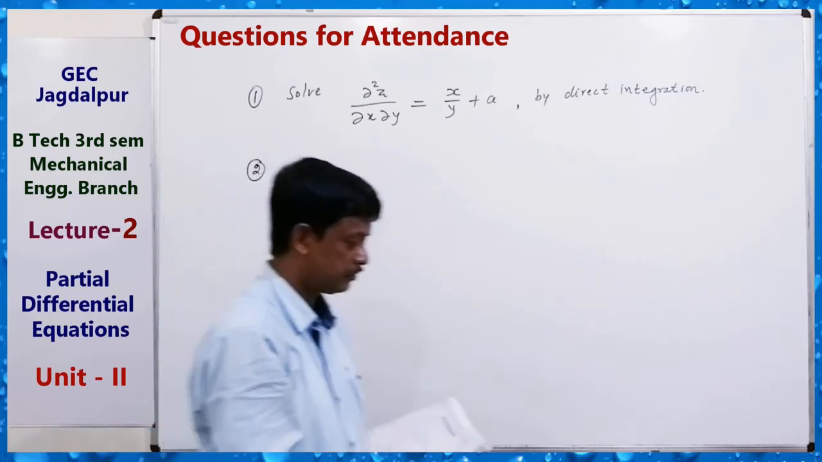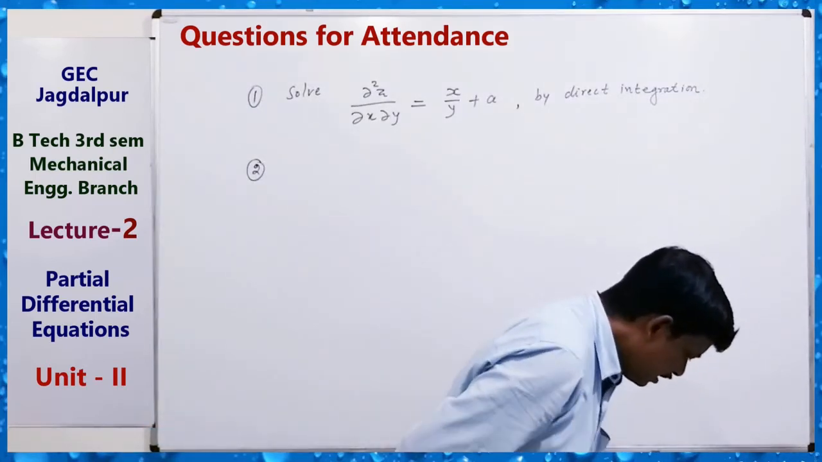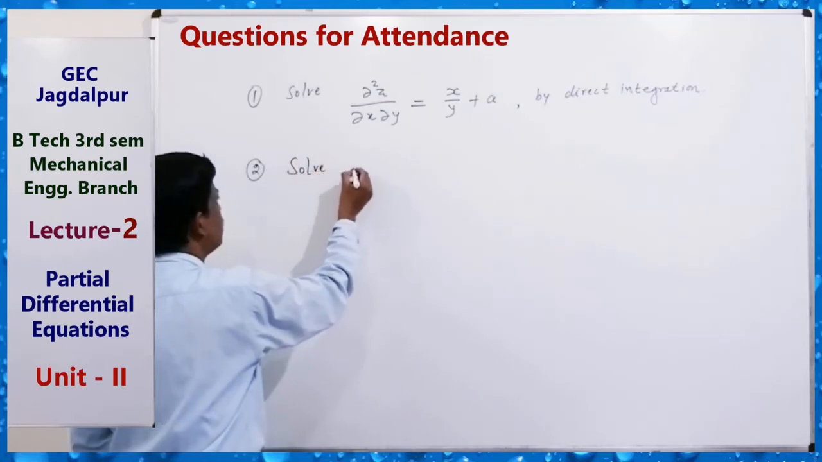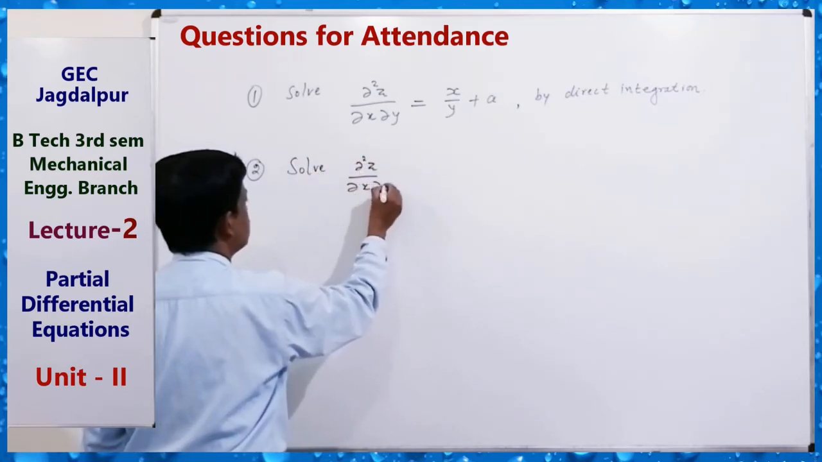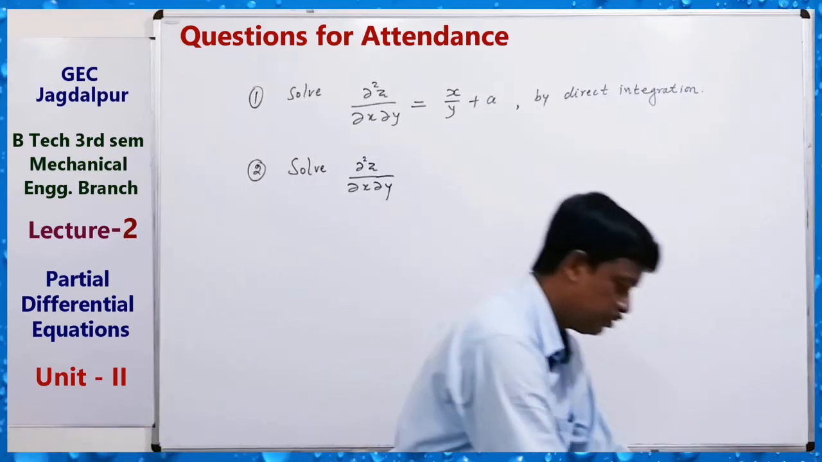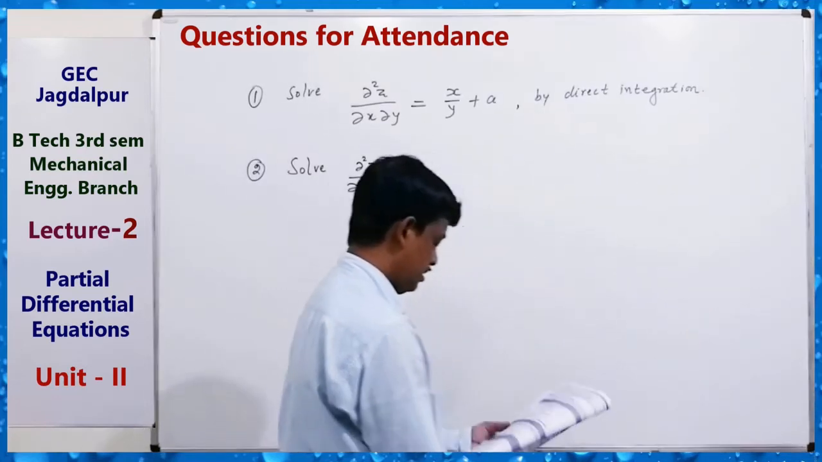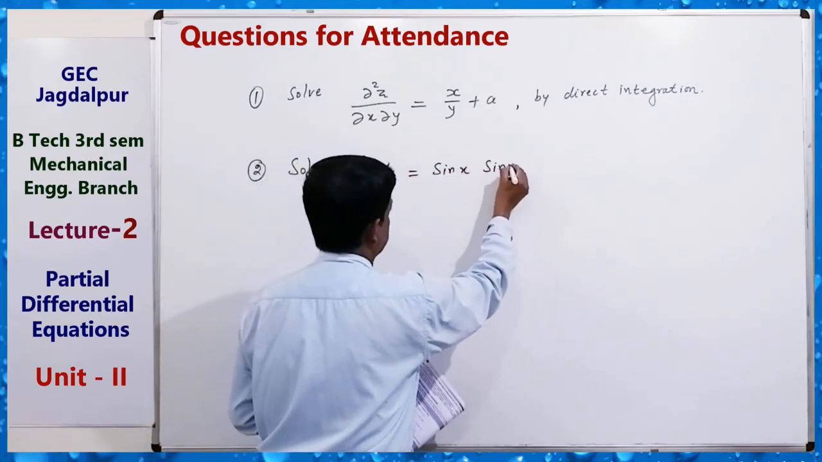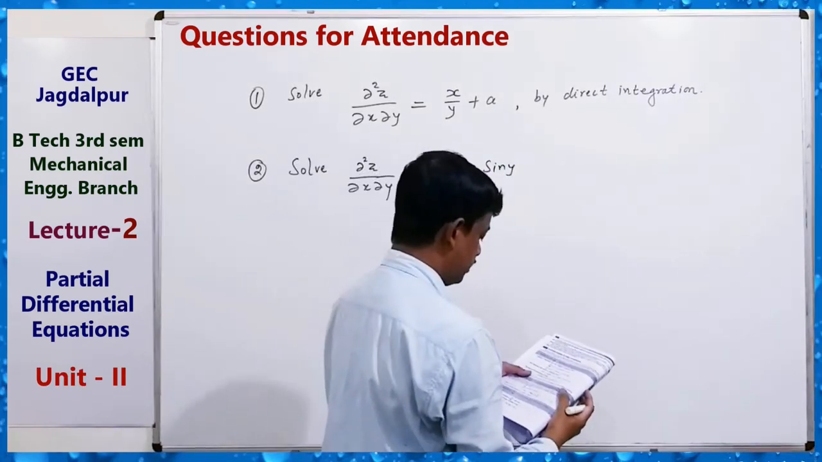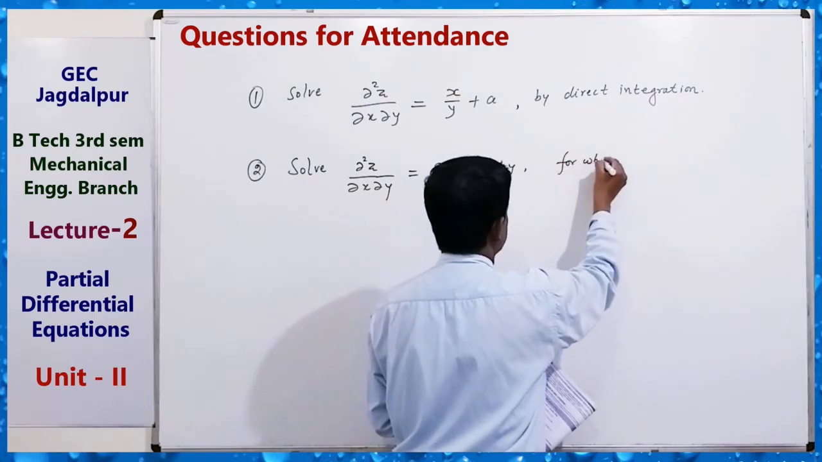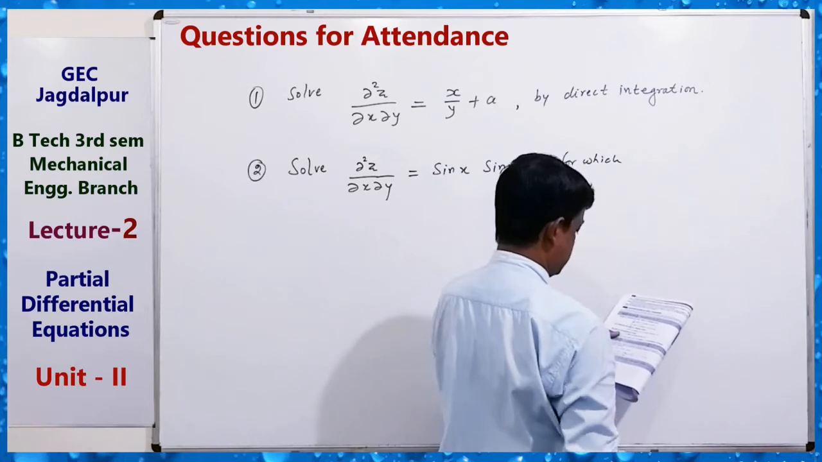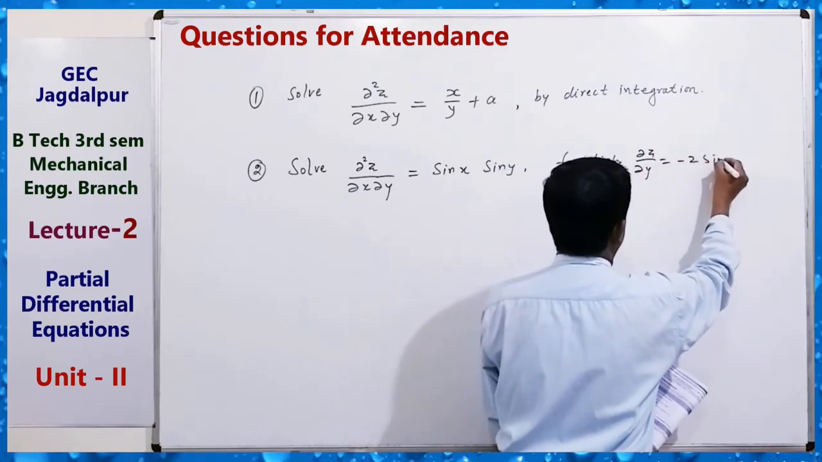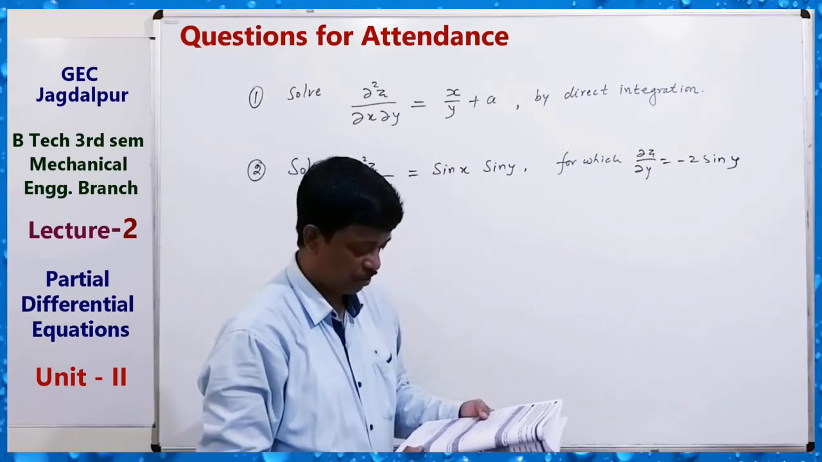Second: solve del 2 z by del x del y equals sin x sin y, for which del z by del y equals minus 2 sin y when x equals 0,